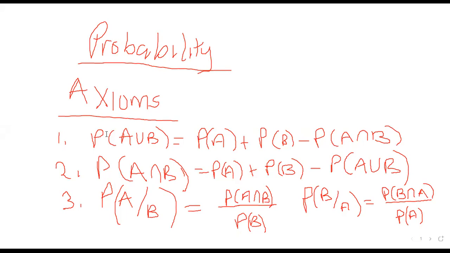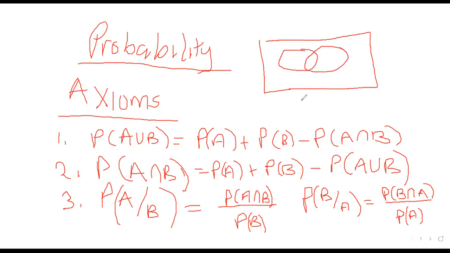The first one here is the union. The union set means to add. So A union B means you're adding what A and B has. So when you hear the word or, it means you're uniting. A or B means we're doing what? We're uniting. So we're adding. So what it means is probability of A plus probability of B minus the intersection of A